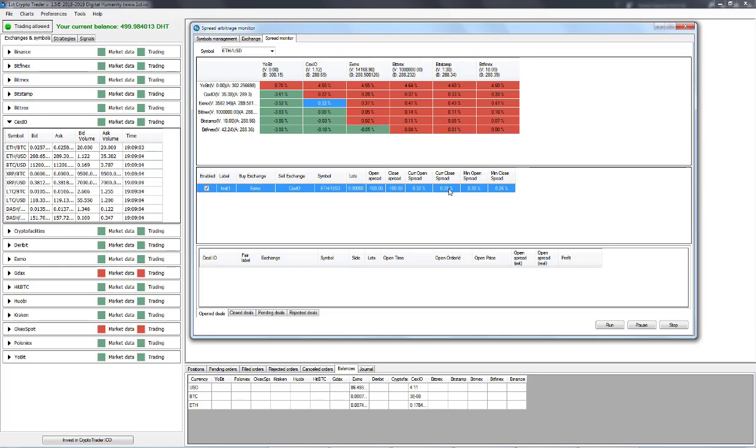So if we want to break even, in that case, we need to set the open spread to -1 and the close spread to 0. And that way we'll ensure that the commission fees are covered,